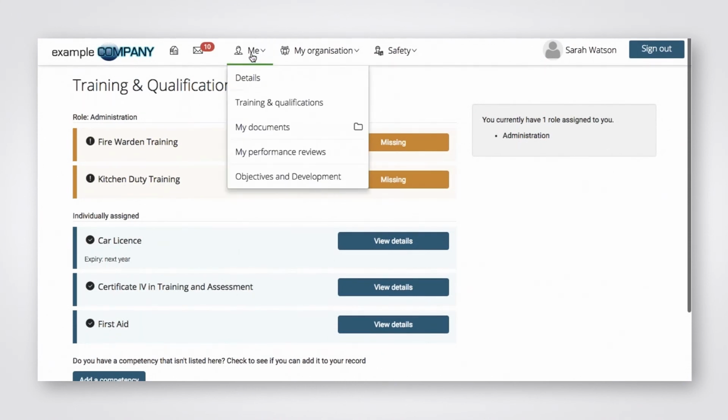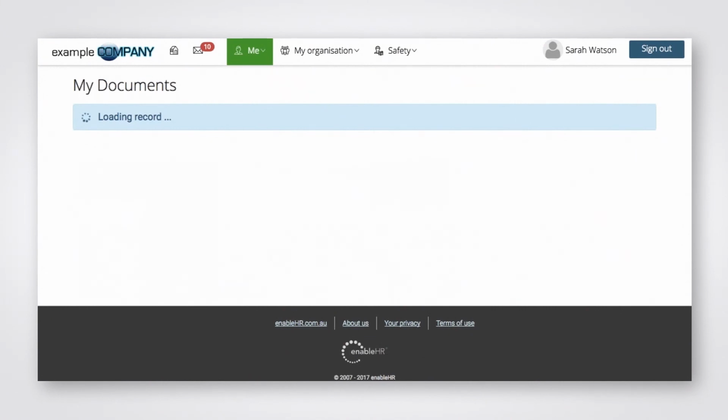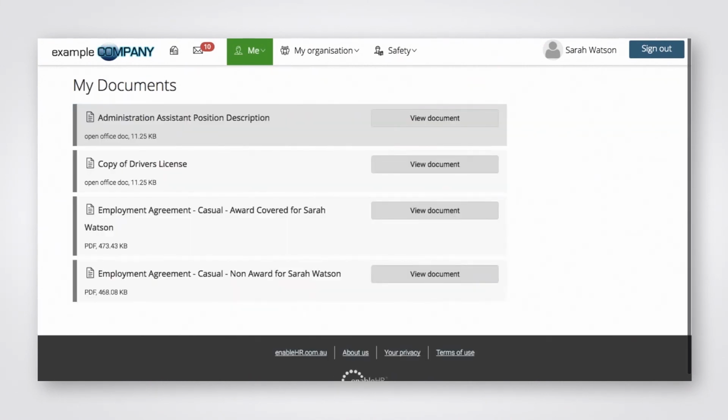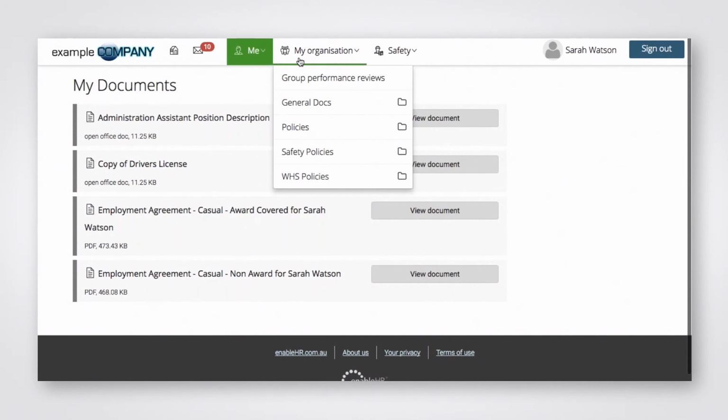The next option is the My Documents tab, which is the Documents tab under their record file. Of course, they can only see documents with the particular document type and status. Moving over to the My Organization drop-down menu, the self-service users can see the General Docs and the Policy tabs that are shown under the Employee Management module, and the Safety Policies and WHS Policy tabs that are shown under